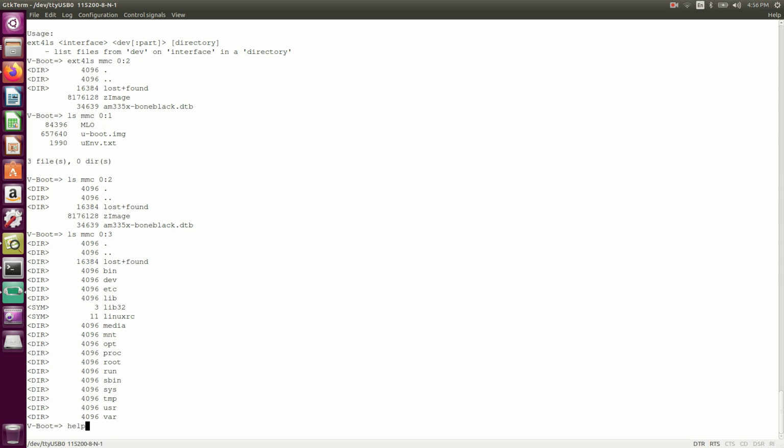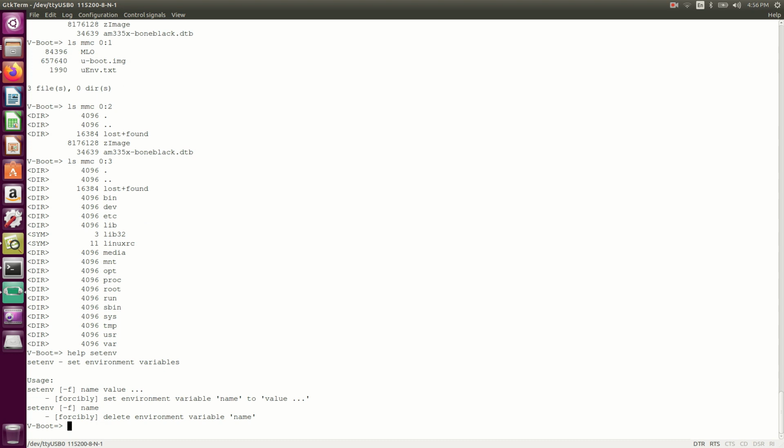So what are the different commands we can use now? There is another command also, setenv, which will set the environment variables. So how can we use this? We can set a variable, or some address and all these things.